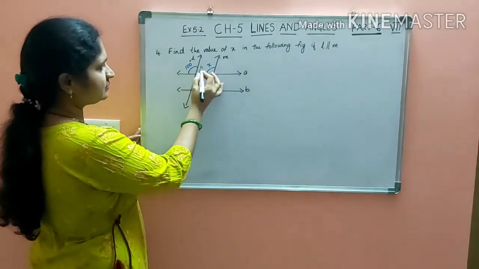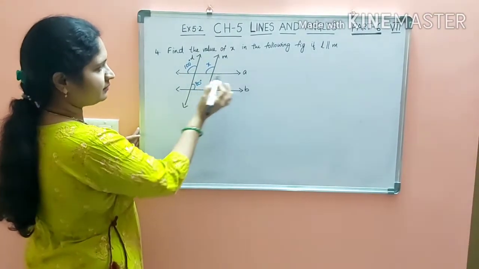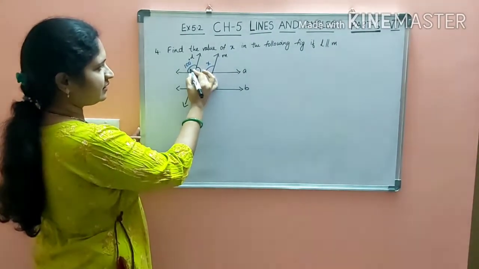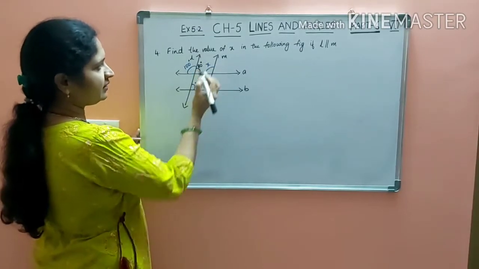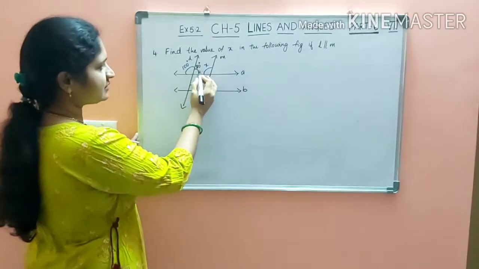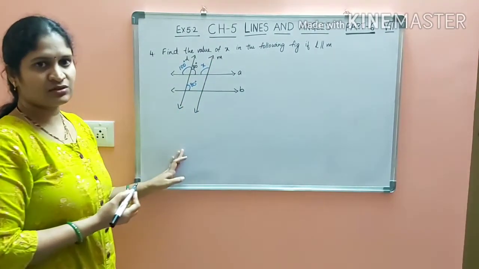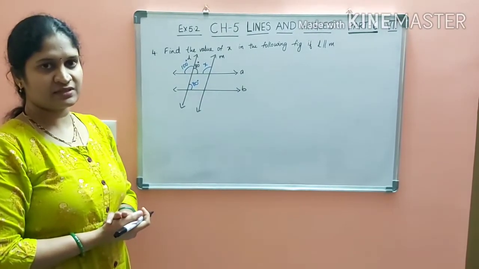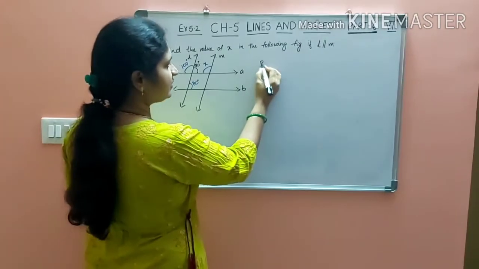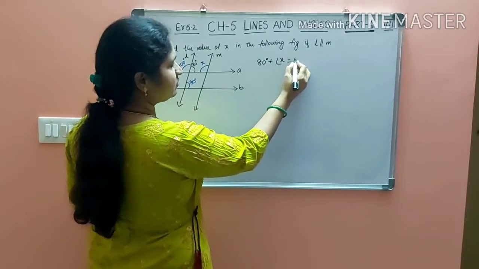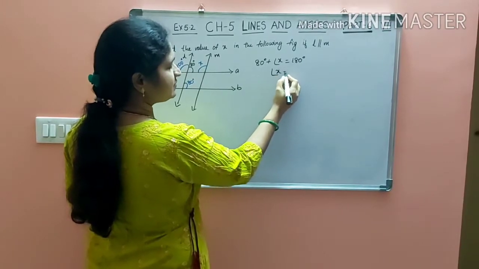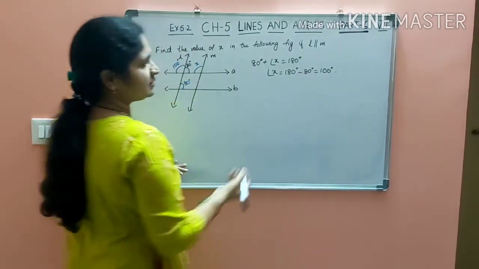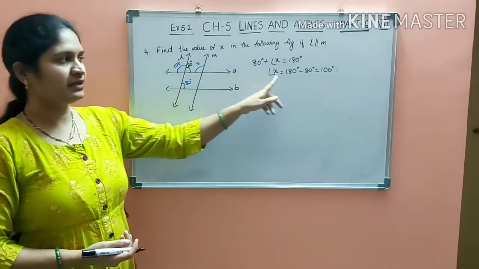Children, here it is L, just observe L and M and A. Okay, here 100 degrees is given. So this is a linear pair, right? So this angle will become 80 degrees. Again, 80 and X are interior angles on the same side of the transversal. What is the fact you know about interior angles on the same side of the transversal? They are supplementary. So 80 degrees plus angle X is equal to 180 degrees. So angle X will become 180 degrees minus 80 degrees, which is equal to 100 degrees. This is one way to find the value of X here.